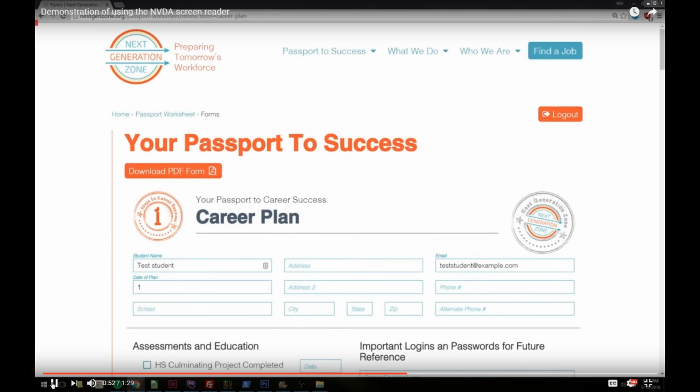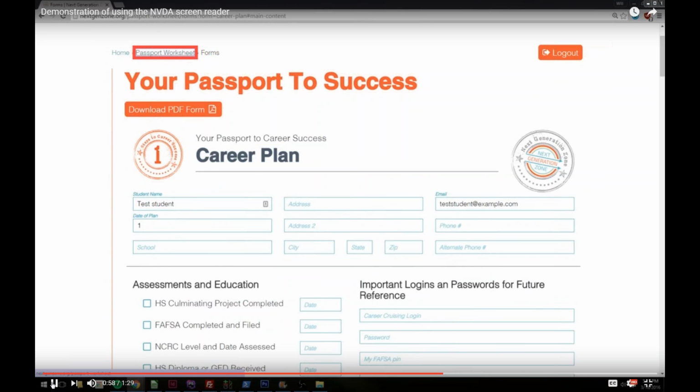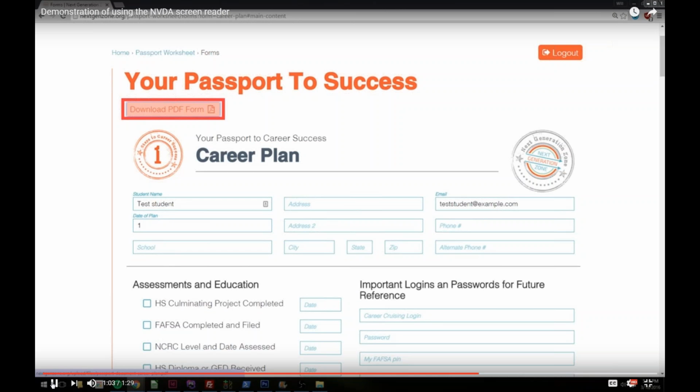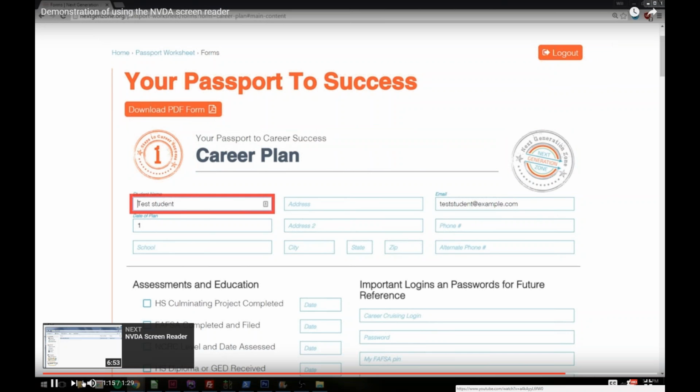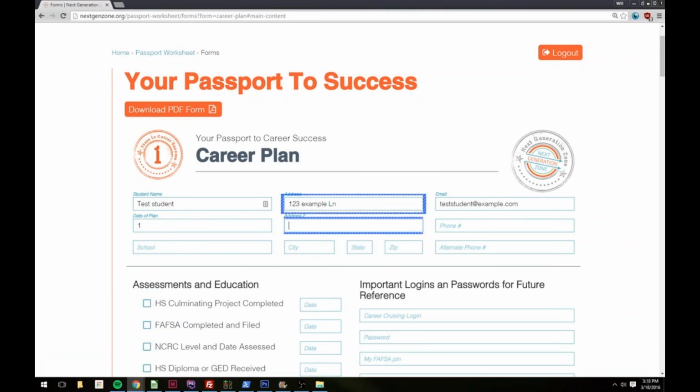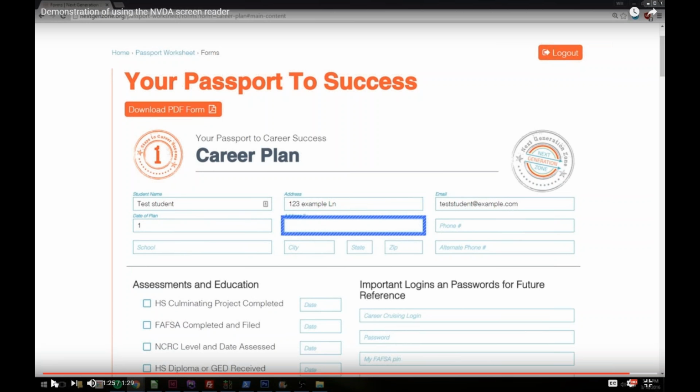Forms next generation zone. Visited link skip to main content. Visited link home pass log out visited link. Heading level 1 your passport to link download PDF form. Graphic next generation zone. Graphic steps to career success 1. Heading level 6 your passport to career success. Heading level 2 career plan. Student name edit test student. Address edit 1 3 space L N. Address 2 edit. I just wanted to point out before I leave this now that what this is, and this